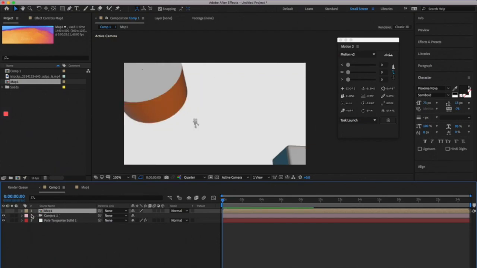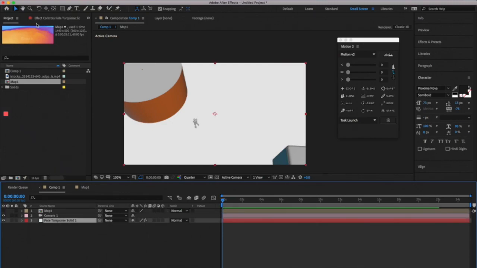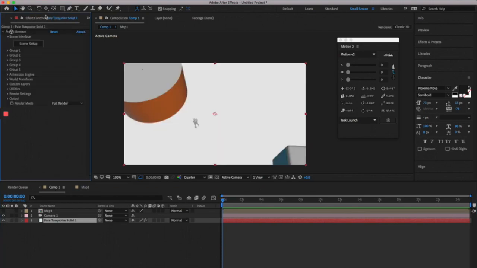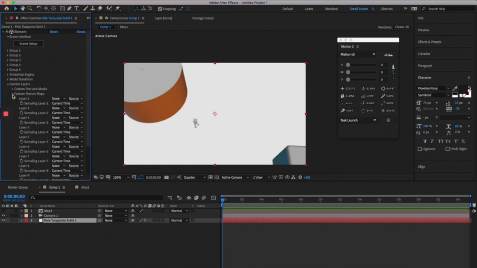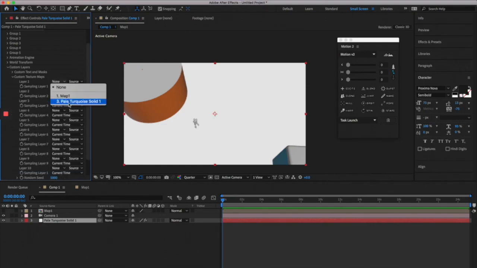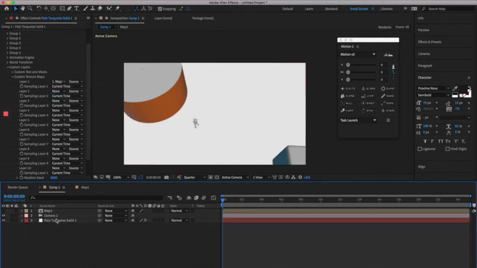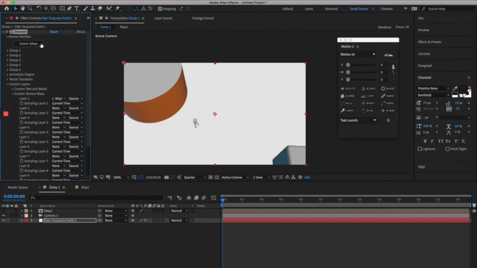You don't need it to be visible, you just need it to be here. And then you select the element 3D layer and go to custom layer and custom texture map. You apply this map 1 to custom texture layer 1. And now we go back to the scene setup,